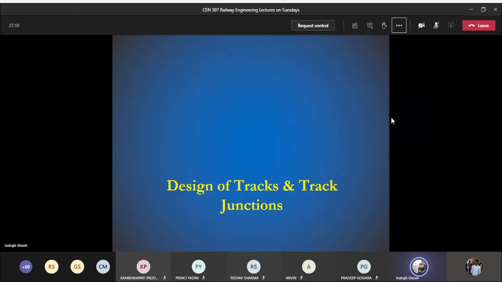Now when we have talked about track or track junction, as you are engineers, particularly civil engineers, you need to know how to lay the track or track junction at the site. So you need to design it, the geometrical design basically. Where should we place the point rail? Where is the tongue rail? Where is the stock rail? How far will it be? How far should we place the heel block? Where is the toe of the switch? Where is the heel of the switch? Those things need to be known. Otherwise, we will not be able to place it on the railway track.